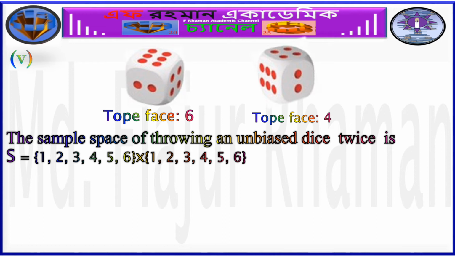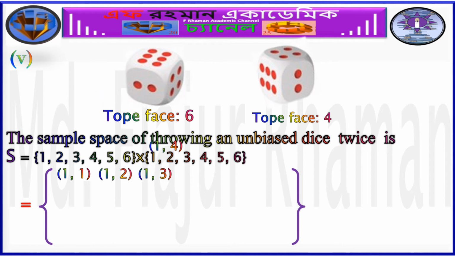In order to write the sample space, we should consider one sample point of the first sample space to associate with every sample point of the second sample space, such as S equals {(1,1), (1,2), (1,3),